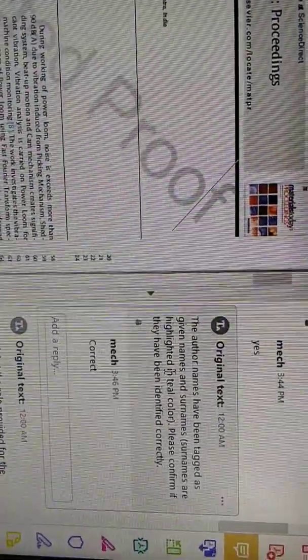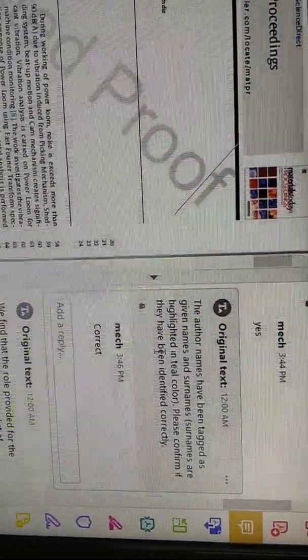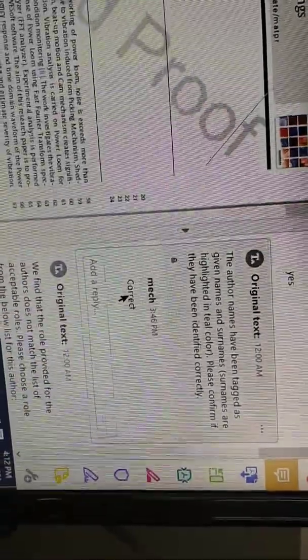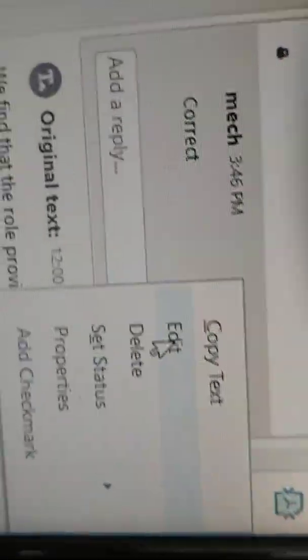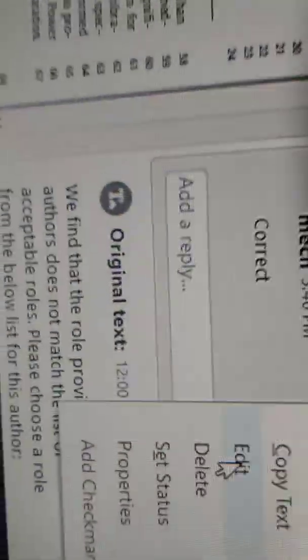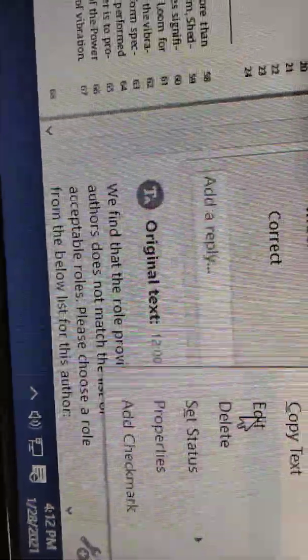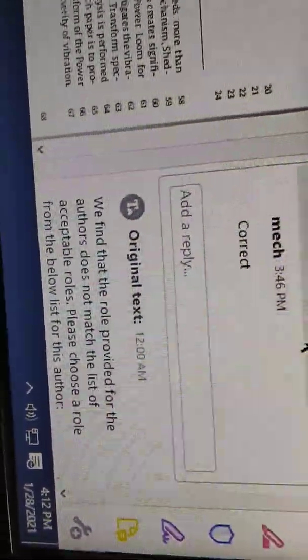Also, the author names have been tagged as given name and surname. Surnames are highlighted; please confirm that they have been identified correctly. If you want, you write the correction, otherwise you can change it afterwards. Also, here you can edit; the option is there. It doesn't say that it is final, so you can make the edit.